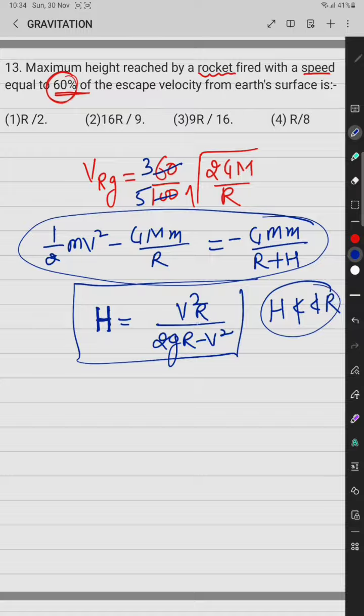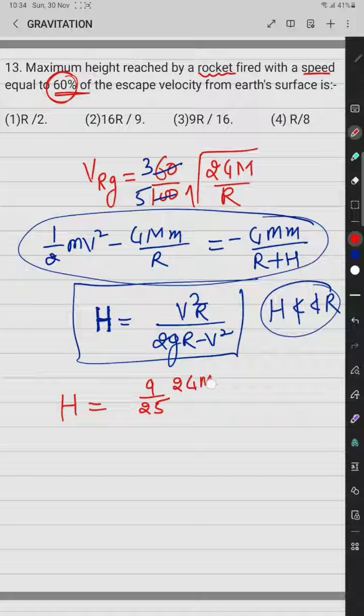So the height attained by the particle is not v squared by 2g, it is v squared r by (2gr minus v squared). So the height attained by this rocket is v squared, which is 9 by 25